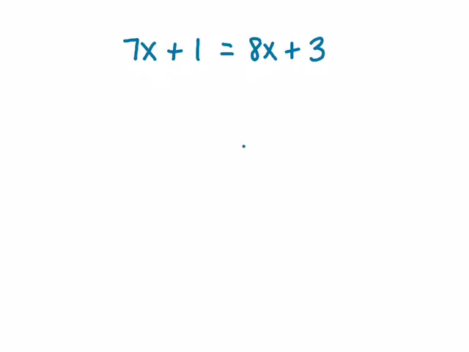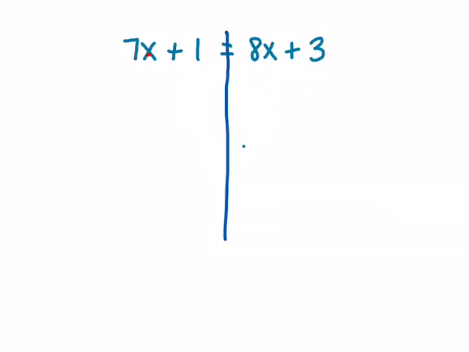Okay, let's say we have 7x plus 1 equals 8x plus 3. Okay, again, I should first notice that I don't have any parentheses, so I don't need to distribute anywhere. Step 2, I cannot combine 7x plus 1 and make it 8x because the 7 has an x and the 1 does not. And again, on the right, I can't make that 11x because the 8 has an x and the 3 doesn't. So straight to step 3,